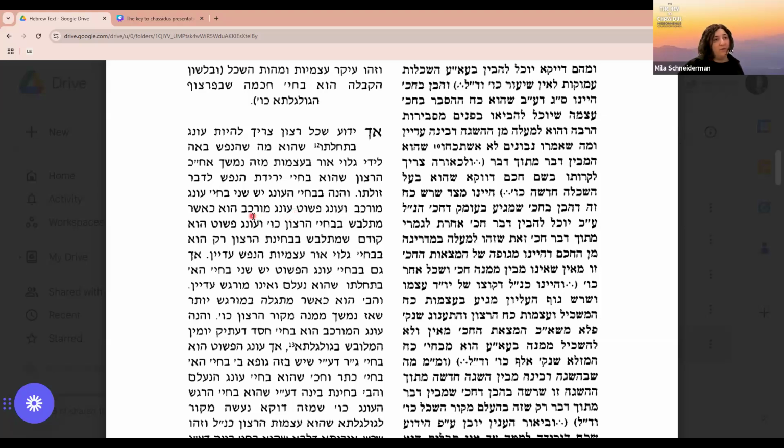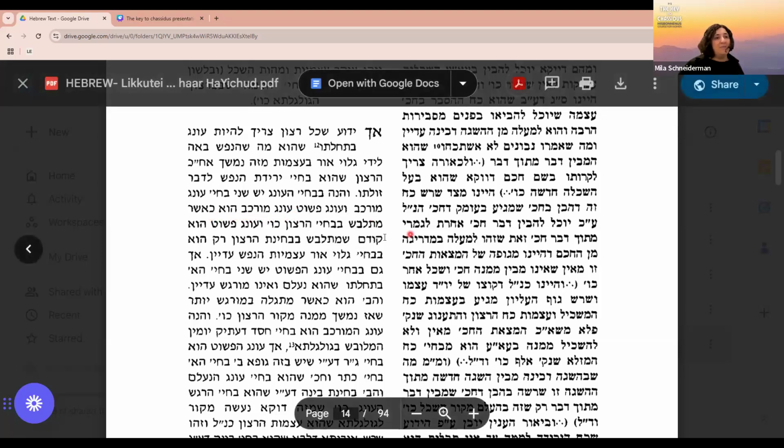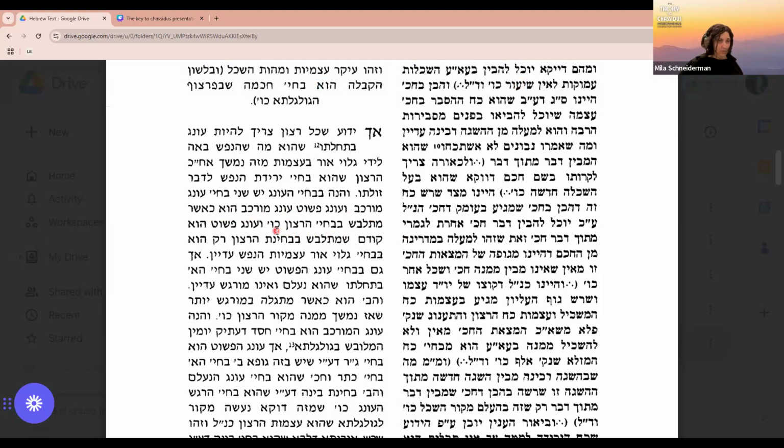Oneg murkav, now we're going back to the oneg murkav. Hu ka'asher mislabish b'bchinas haratzon. The compound oneg is called oneg murkav. Why is it compound? Because it's already being enclosed in a ratzon. And what was Ratzon? Ratzon was towards Zulat, it's already somebody else, it's not you, right? That means it's a little bit further away from the essence. If it's already Oneg that has a relationship with a Ratzon, it's already compound. It's not the essential Oneg.